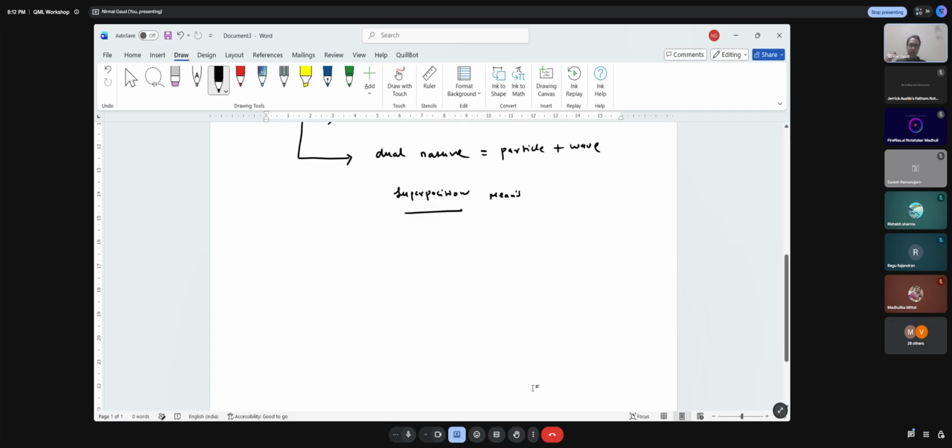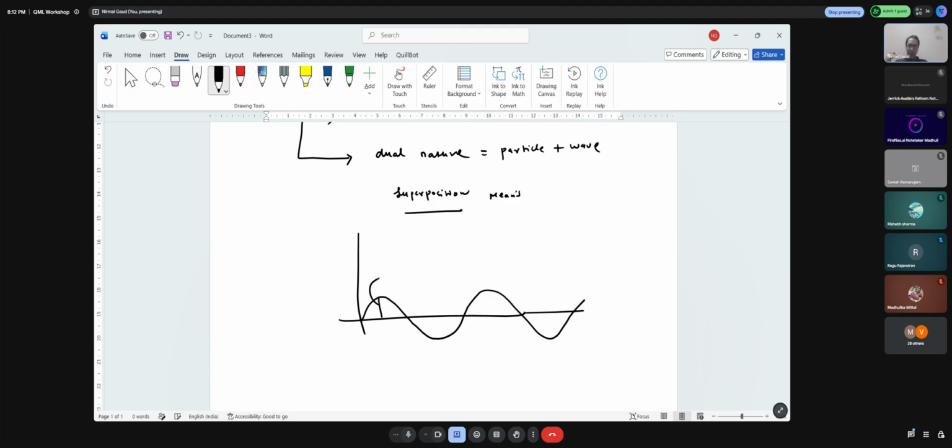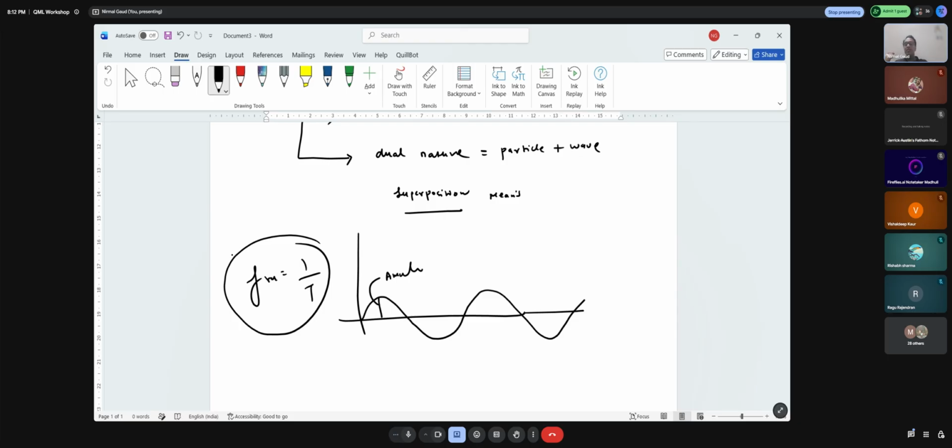And showing wave as a nature like this, we can have amplitude, we can have frequency, that is 1 upon time period, as the characteristics of a waveform. And I hope you have seen the rippling. For example, when we drop a stone in the water, a wave is formed. The superposition of waves will be there. Okay, got it.